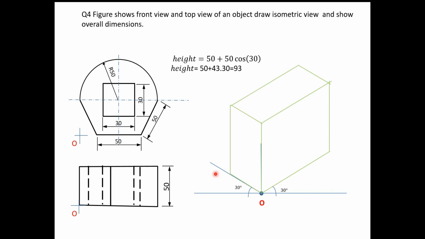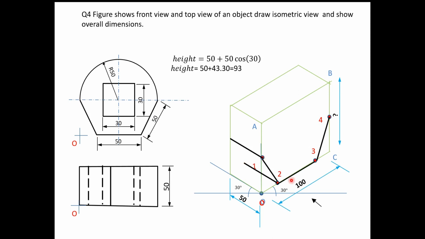Now we have to mark the points. This is one point, this is another, this is third, this is fourth. Mark these first, second, third and fourth, and join them also. Give the dimensions 1, 2, 3, 4. Now here I have connected these points, so you can see this looks like a hexagon. Next, this edge is parallel to this, and this edge is also parallel to this. Now join this edge also.